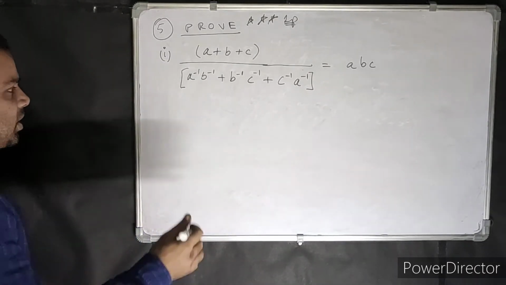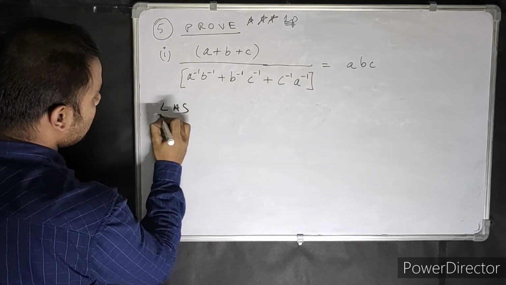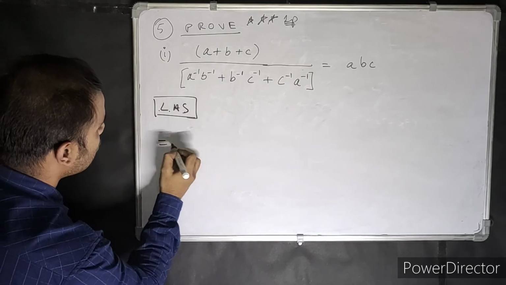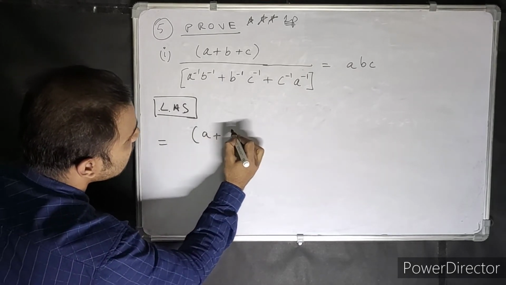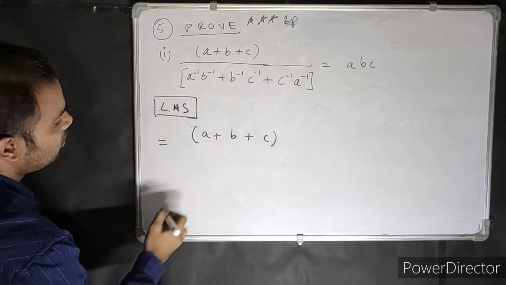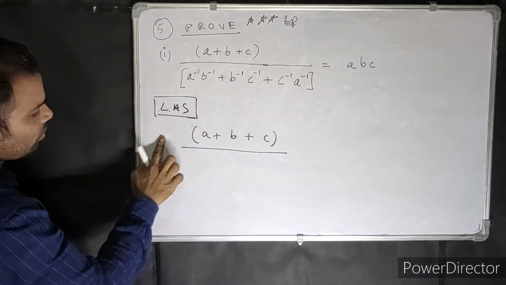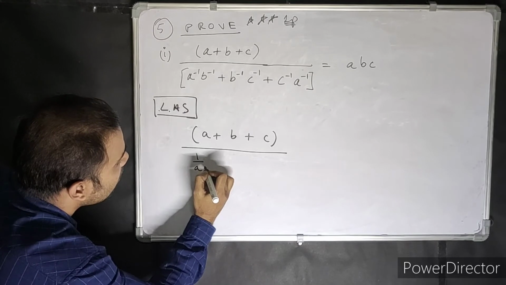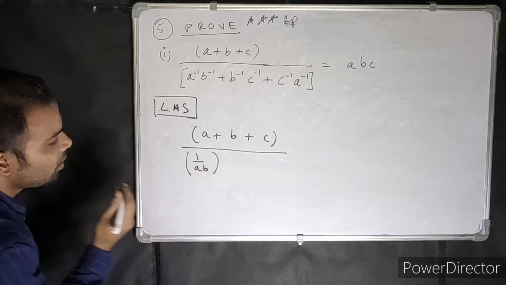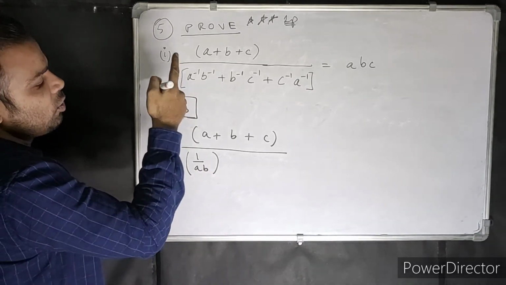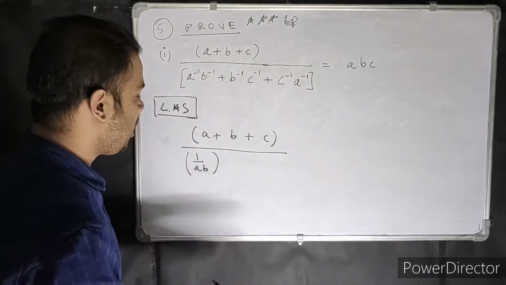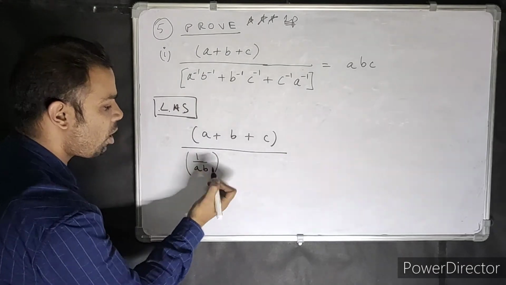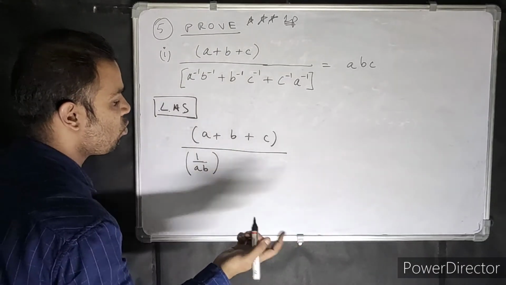So we start with LHS. Write it now and copy that. So that is a plus b plus c as the numerator. Put the equal to sign down in the middle. Right, 1 by a, b. See, what does it become? 1 by a into 1 by b. Now you write another step, 1 by a, then multiply 1 by b. The two ones on top, the numerators, are getting multiplied, it's becoming 1 only.